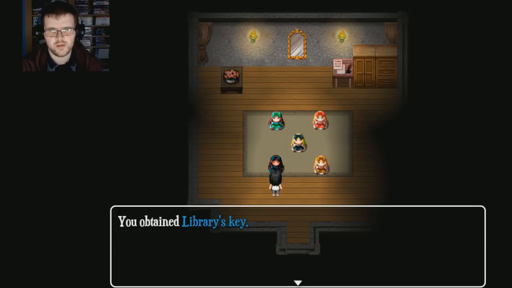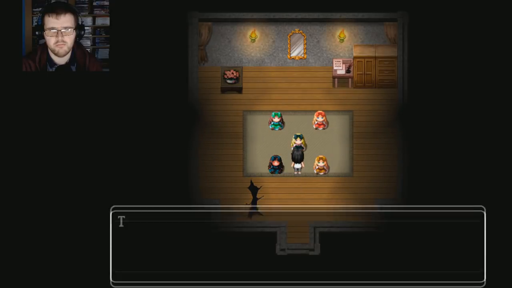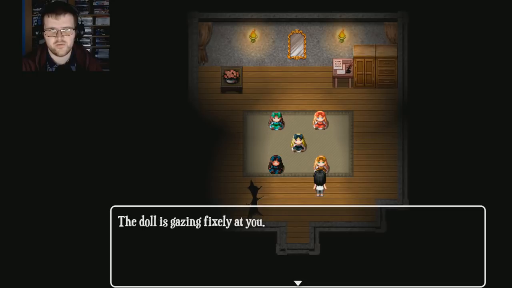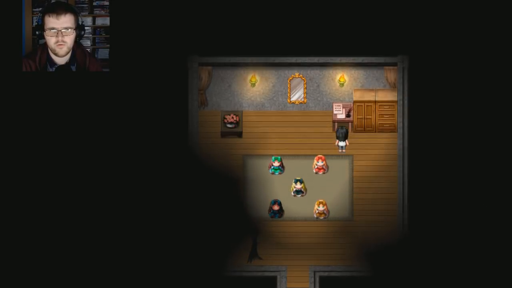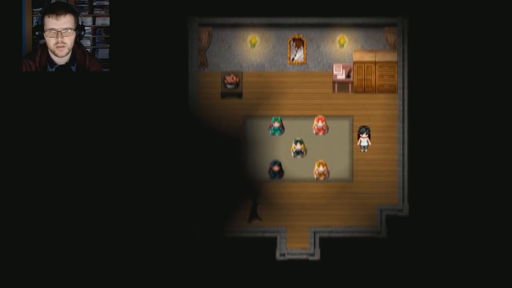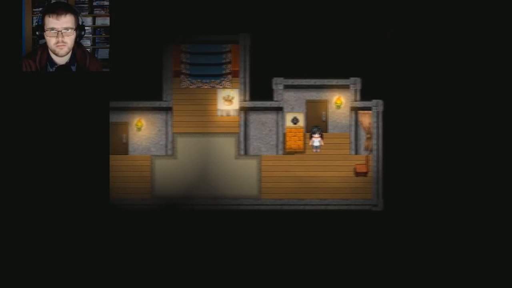You have obtained the library's key from the blue doll. This doll is immobile, glazing fixedly at you. I don't know what that click was. Yeah, do that to me. Plastic tree in a vase. So I don't know why it was the blue doll, but